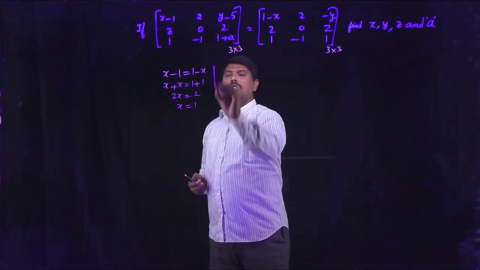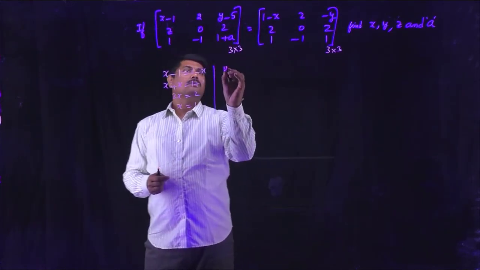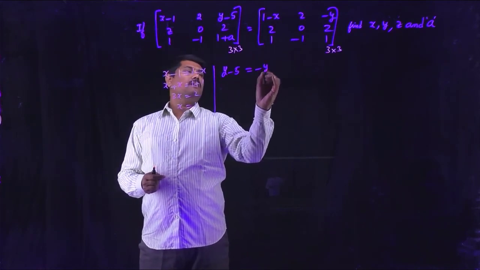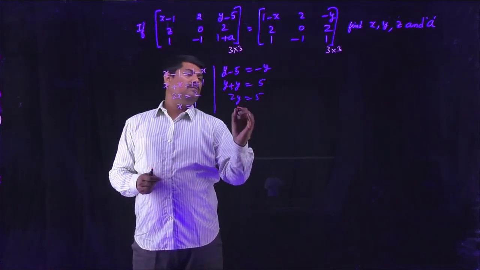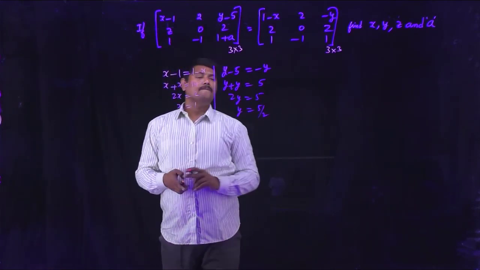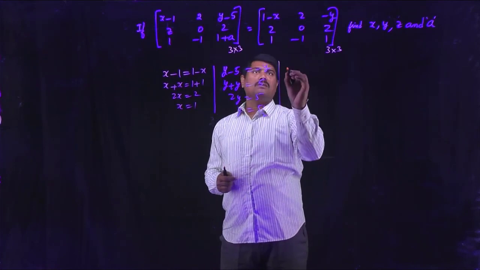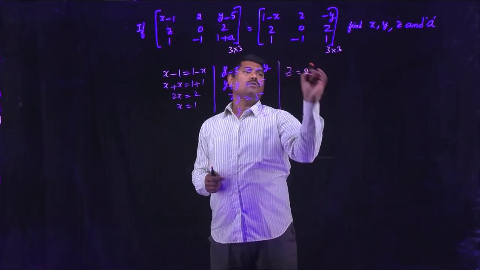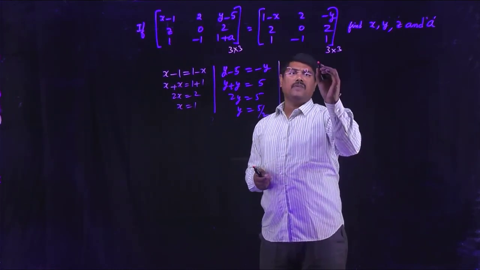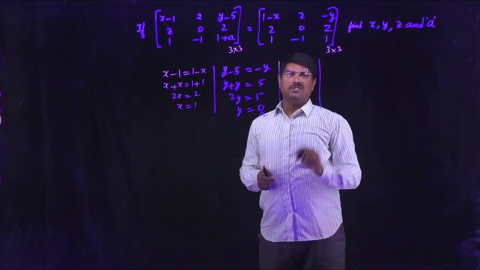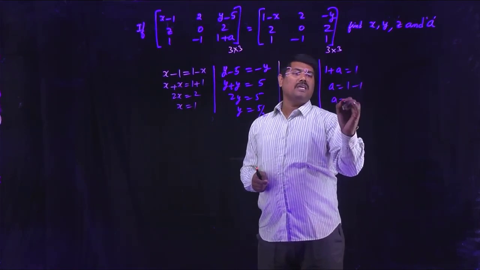Now, to obtain the value of y, the y values are present in the 1, 3 position. So y minus 5 is equal to minus 5, so y plus y becomes plus 5. 2y is equal to 5, so y is 5 by 2. Now, to get the z value, z is present in the 2, 1 position. Here the element in the 2, 1 position is 2, so directly you get z is equal to 2. Later you find the value of a, present in the 3, 3 position. So 1 plus a is equal to 1, a is 1 minus 1, so the value of a is 0.